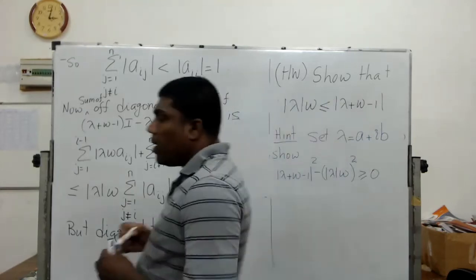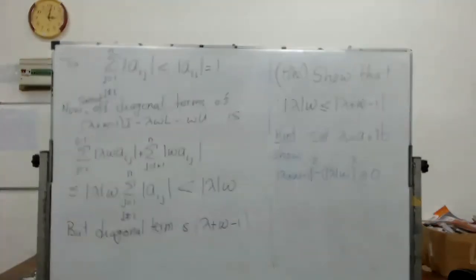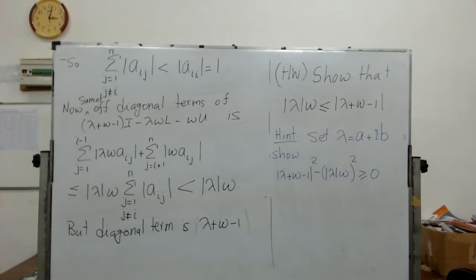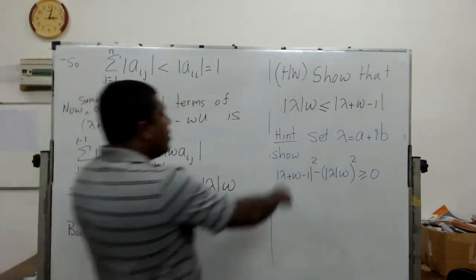Right, so here this is the hint. You try to assume that lambda is an eigenvalue, so it can be a real or complex number. So just assume a general complex form a plus ib, which you studied in A level. And then what you do is you want to show that this one is less